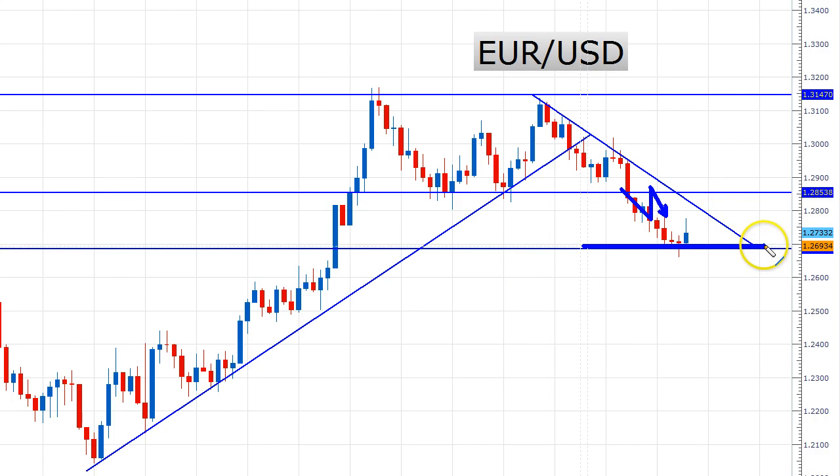And this level is not nearly as major as this level where it broke before. So I almost expect now that it's going to go ahead and break this level too, because of the way it hung up here and eventually broke this level. And so my point in all of this is that even though this trend line here was broken right here, it didn't really register to me that the euro dollar was moving toward the downside until after this key break of our major level right around 128.5.